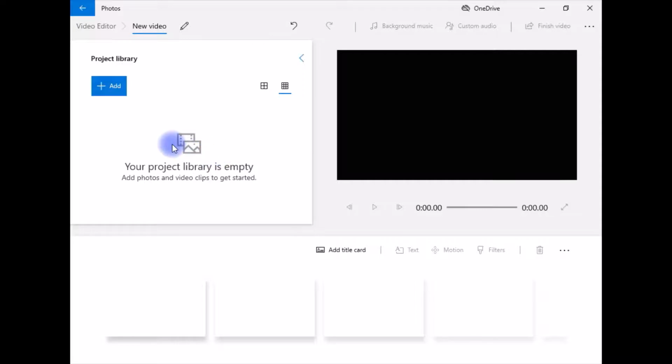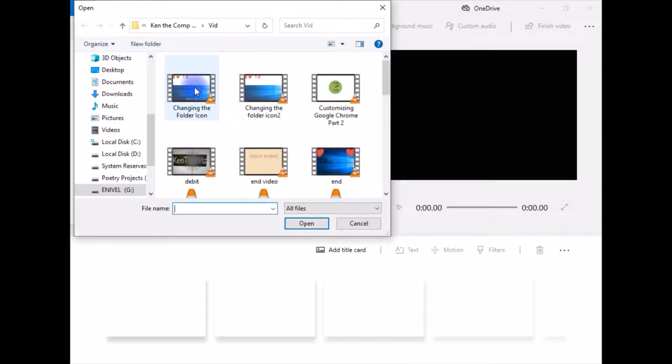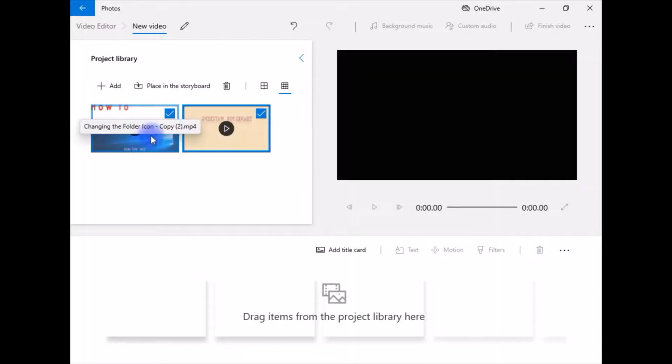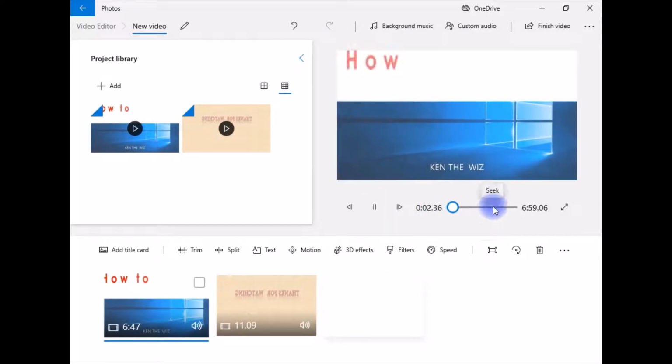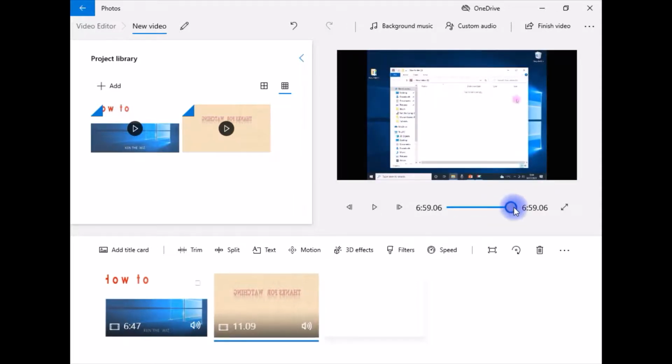So if you want to work on a project, just come to add, choose the directory. Then for example, let me just pick some 2 files here. Once you have chosen your files, just click on to place in the storyboard. So by default, these 2 files are merged. If you play from here, it will play all the 2 files already merged into one